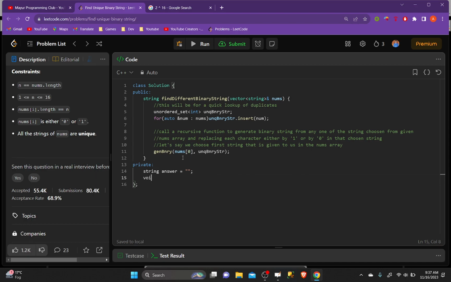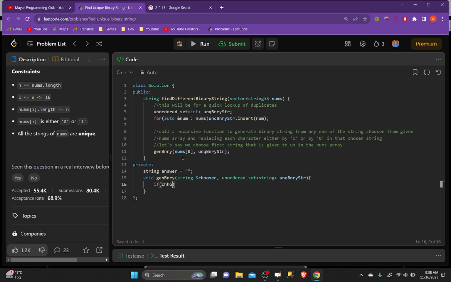So void generate binary string chosen one, and unordered set that we have passed to the function call. Unique binary string. Okay,